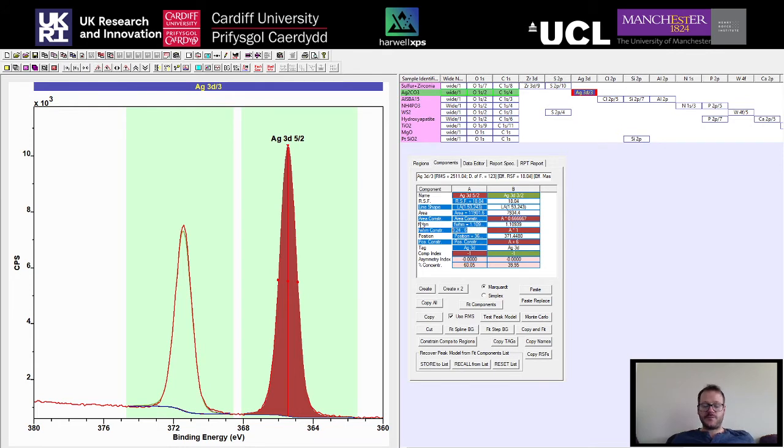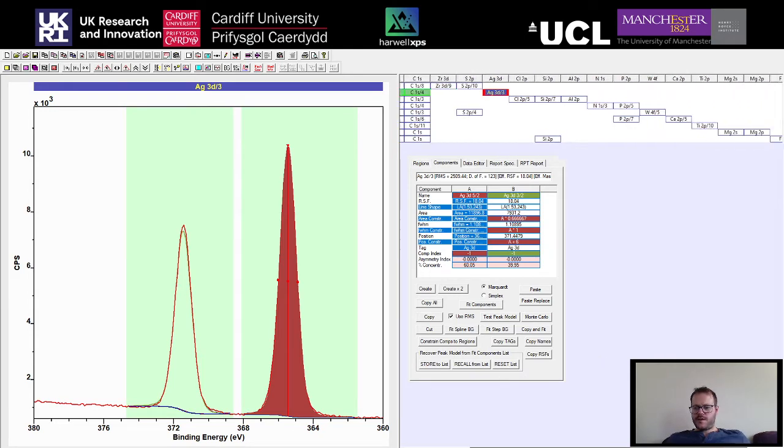Similarly for the full width half maximum, if we were copying this into another system where we might want to look at silver carbonate versus silver metal content, say we give ourselves another 0.1 plus or minus, we can then copy this model into a second spectrum, and we've got our peaks locked together as they should be. So our area, full width half maximum and position constraints between the two peaks are locked, and also the absolute values for full width half maximum and position are now going to be locked in place. So we can just slot this into another model, another spectrum, and we can have a silver carbonate representation there. So that's the basics of how we would look at a